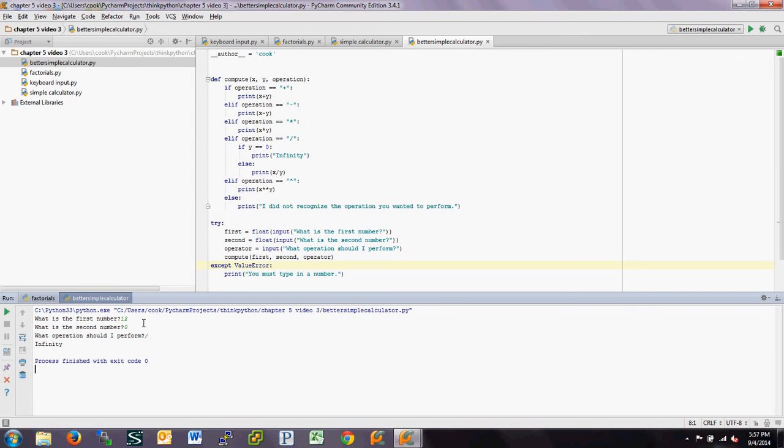The input command takes a string, which it prints out to the screen, waits for the user to type something in, and then puts that into a string. Always, always, always a string. Can't say that enough. No matter what type of variable you think you have,